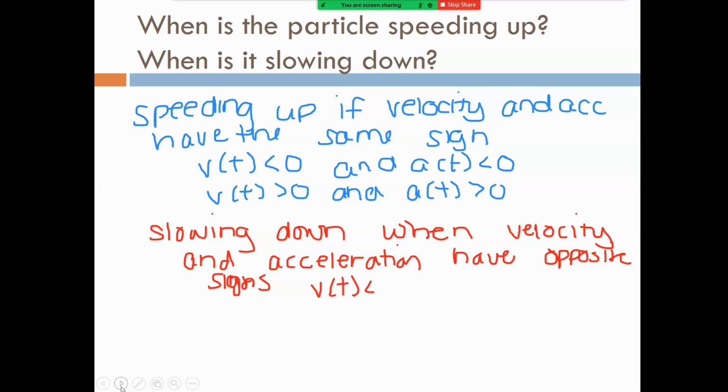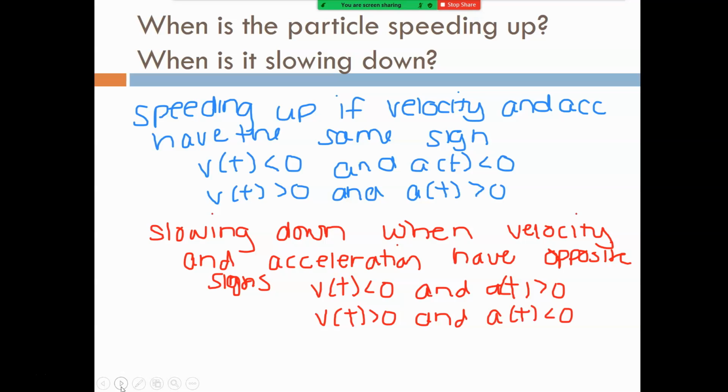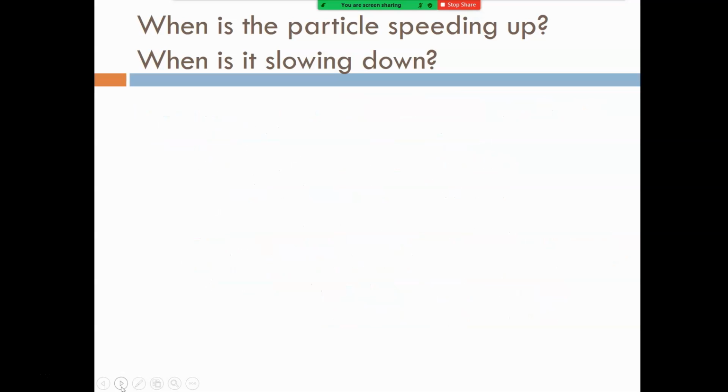So meaning V of t is negative and A of t is positive, or V of t is positive and A of t is negative. Is everybody okay with those definitions? So if you think about this problem in particular, we have that velocity from 0 to 2 is negative, and from 2 to infinity is positive,